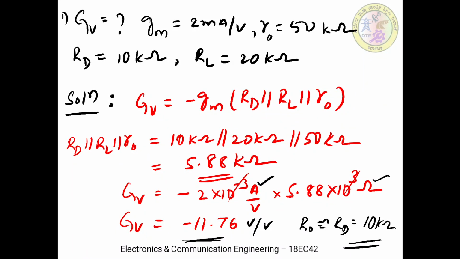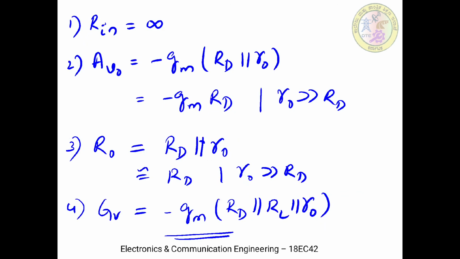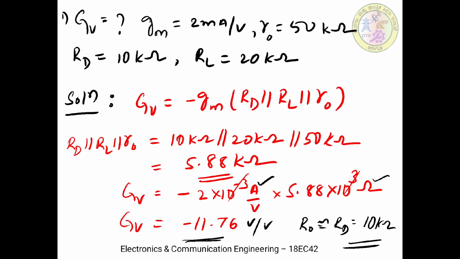So like this, in order to calculate the characteristic parameters, you need a list of all the defining equations so that you can get the unknown values. In the next session we will see what happens to a common source amplifier circuit if a source resistance RS is connected. Okay, so this session ends with this numerical example. Thank you.